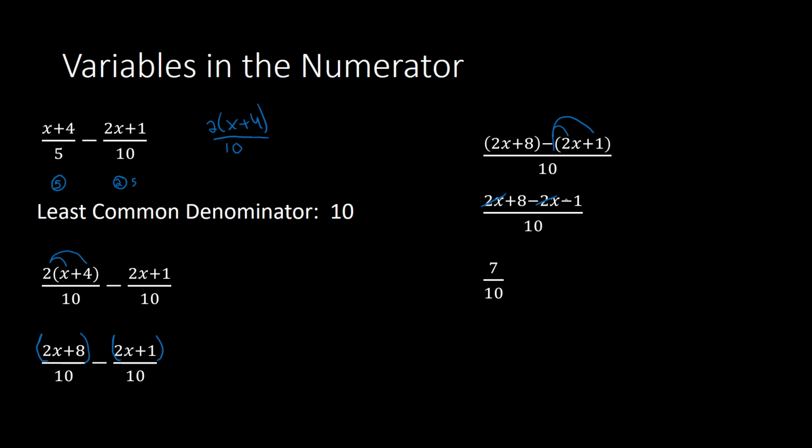So that is when the variables are in the numerator. Now the question is, what do we do if there are variables in the denominator? So for example, 1 over 4a to the third minus 2 over 3ab plus 3 over 8b squared. Well, same concept. I need to find the least common denominator, or least common multiple, of 4a to the third,